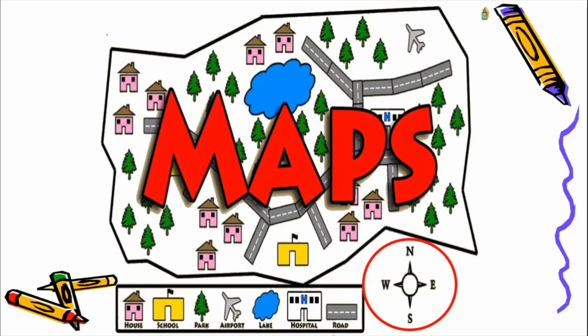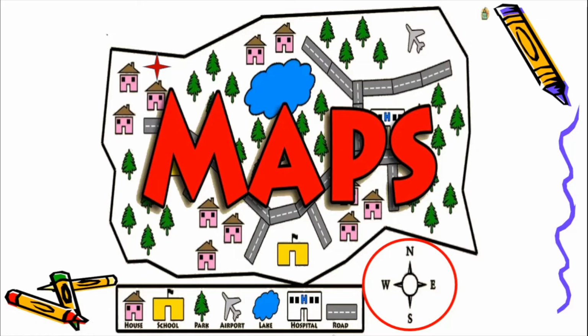For example, see here, just pay attention to the stars coming up on the screen for you. So here there is a house. Okay, not only one house. On this map you can see a number of houses. So look at the symbol which is used for showing a house, and that same symbol is highlighted here. Look at the arrow moving on your screen. Yes, so here is a house. So wherever you see this symbol on the map, it means in all these places there are houses.